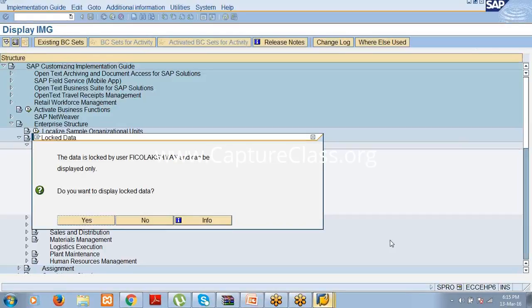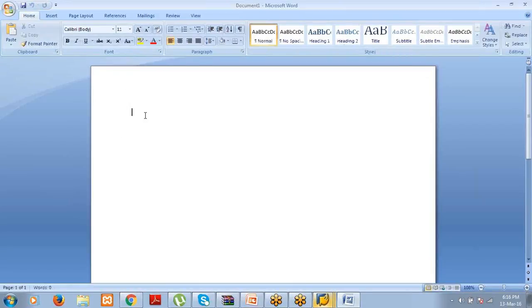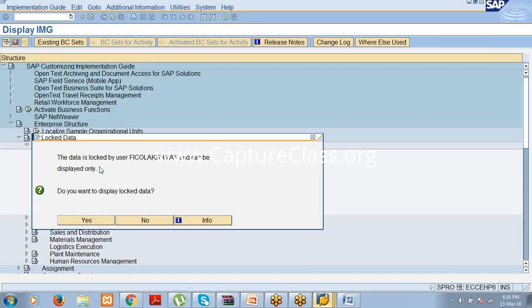Okay. Now put heading in the notes. Note: when the message within inverted commas, "The data is locked by the user so and so and can be displayed only," is given by the system,